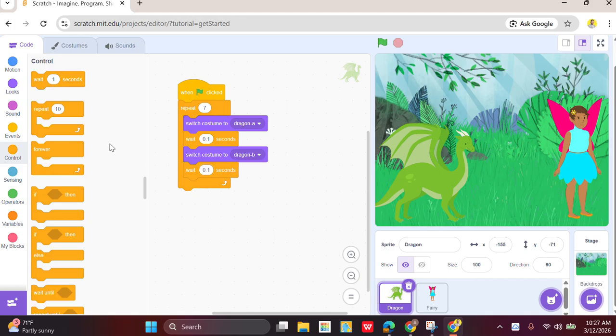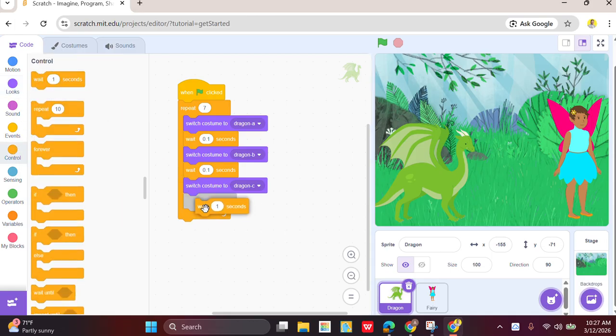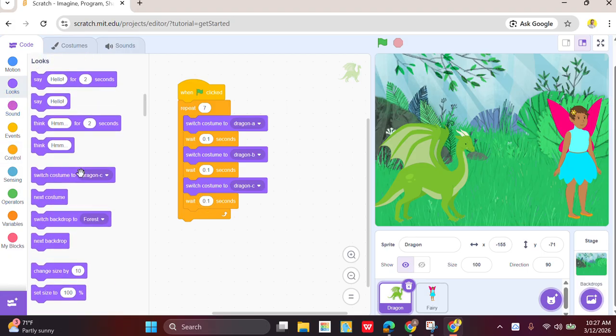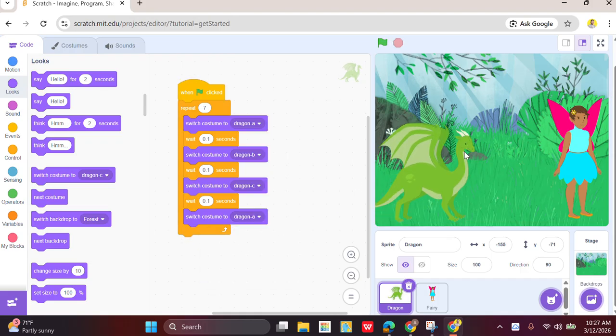So this is again for 0.1 second, and then again I have to go to the looks and the switch to costume C. So I'll keep that C this time as I need the C, and again I'll go to the control block and select the wait and change that to 0.1, and after that I have to go to the looks block again and select the switch to costume, but this time I need the costume A. So now you can see that the dragon is throwing a fireball to this fairy, but how many times? Only 7 times. So we can count as well,